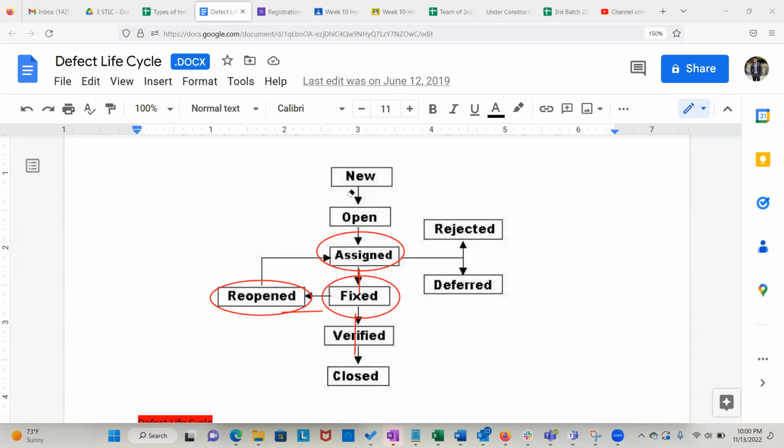When you log a bug, right? And the bug is assigned, it's right here. After assigning it, they could decide to reject the bug. So let's talk about reject first. After opening, the bug is assigned, and then they could reject the bug. Right? So there could be multiple scenarios for rejection. So one, the developer does not agree. Developers say, hey, you logged the bug. I don't think it's a bug. Simple as that. They could just reject it.